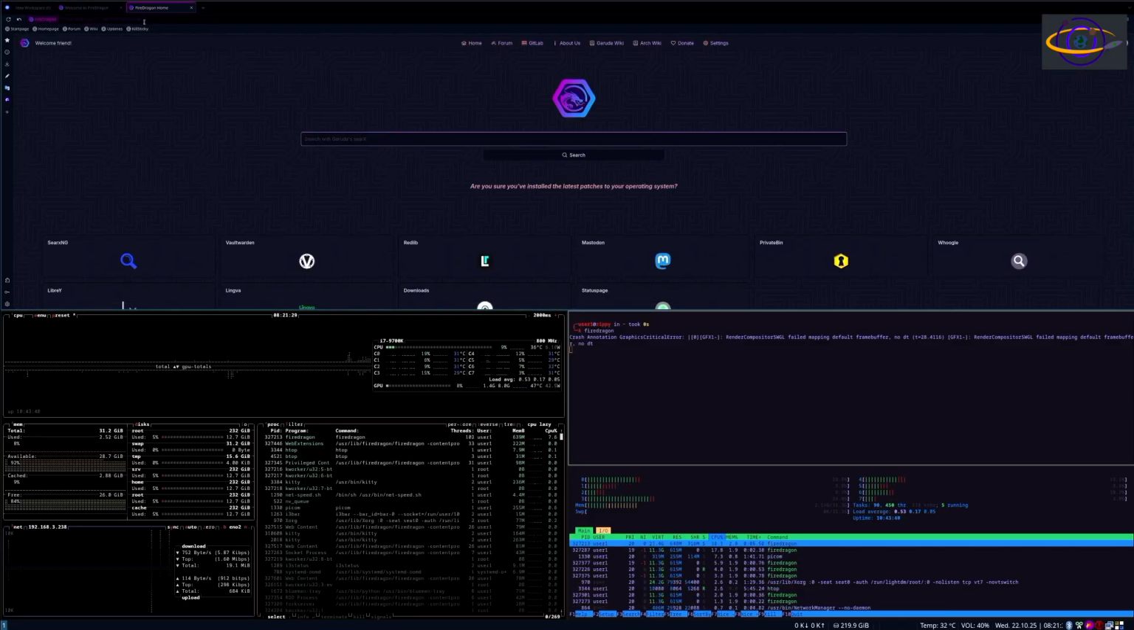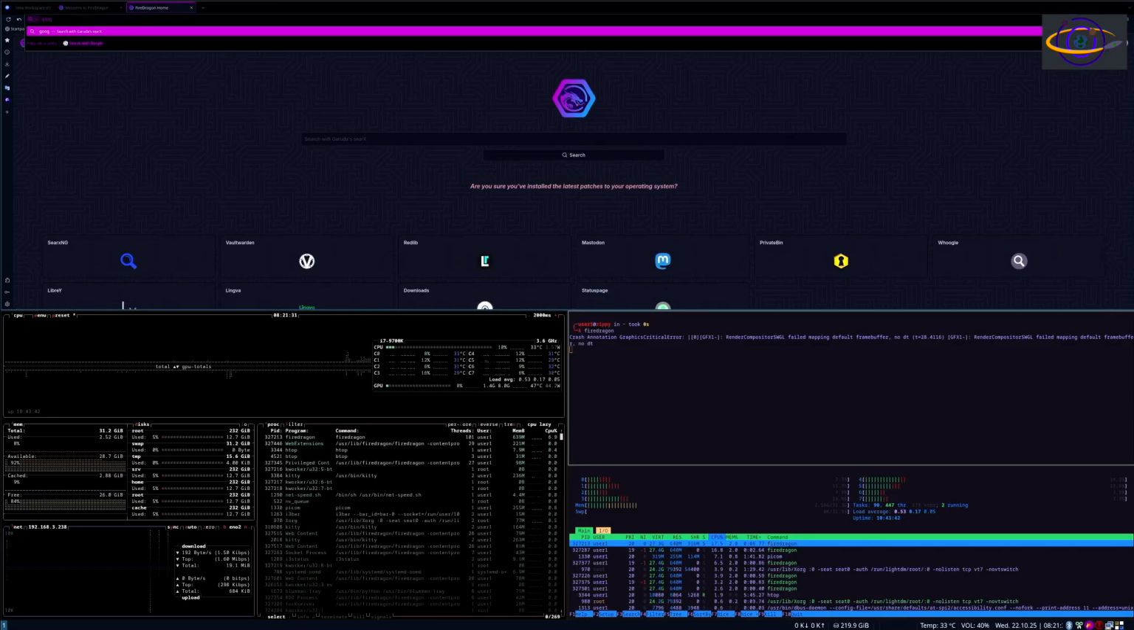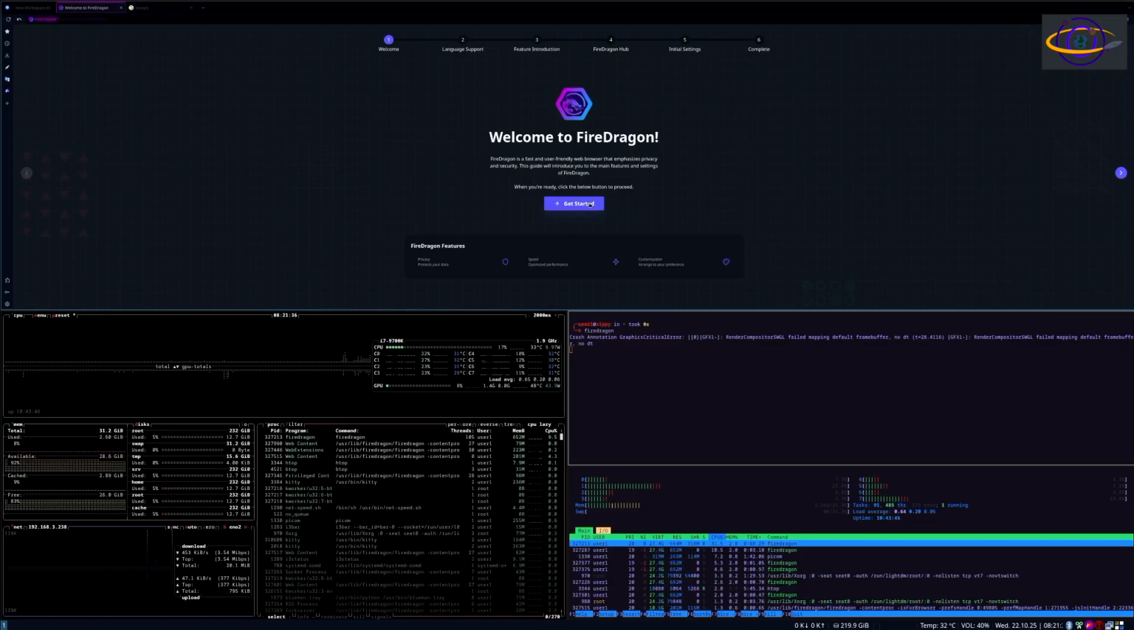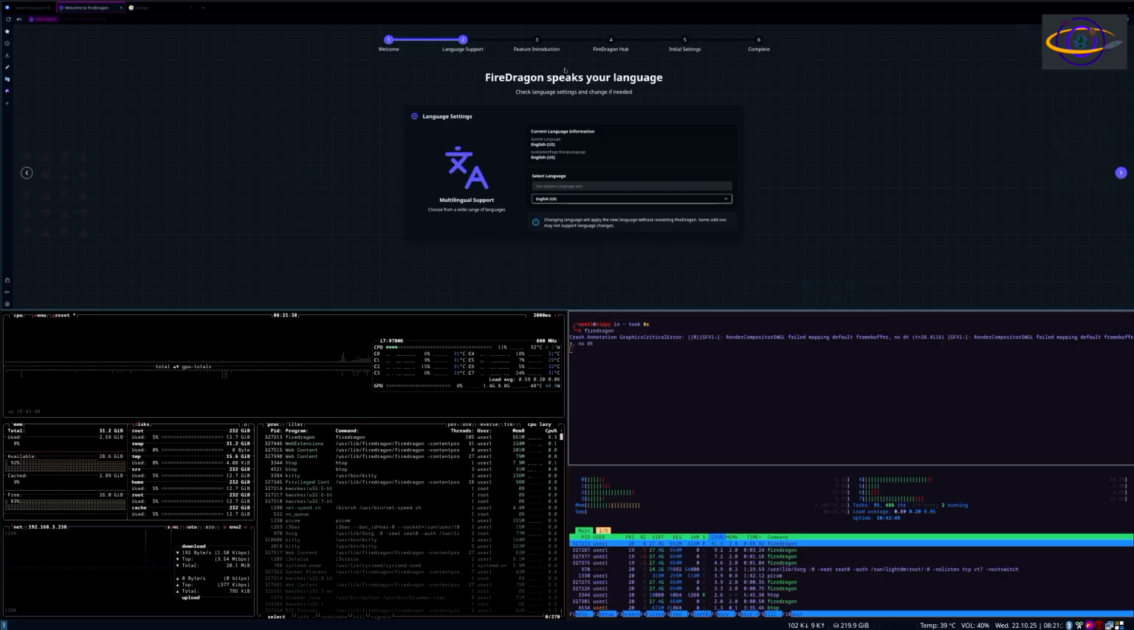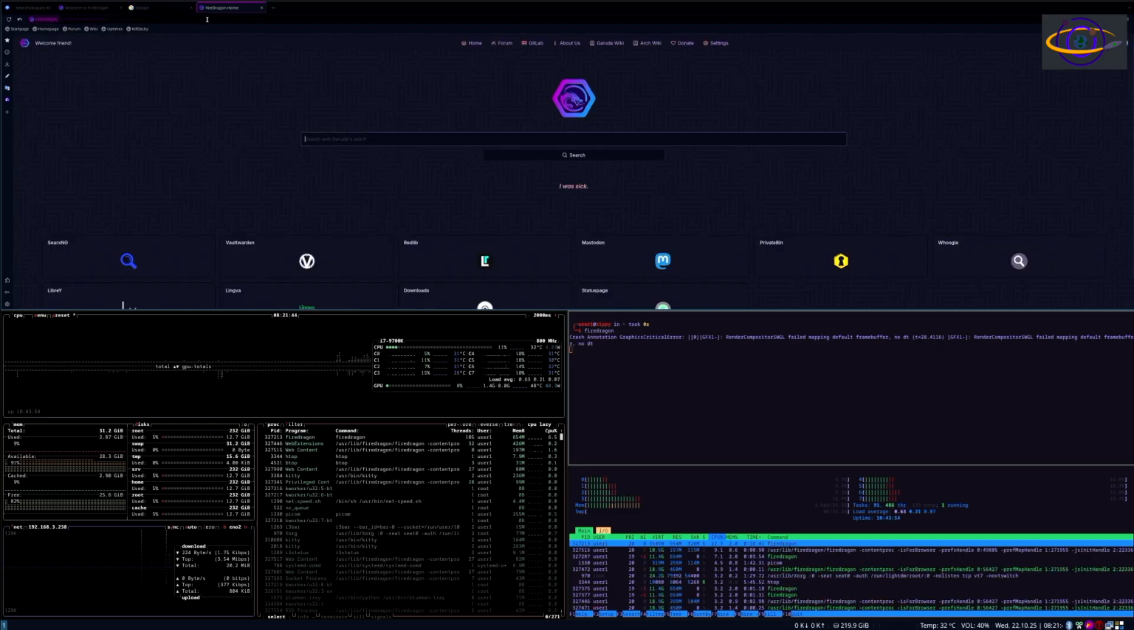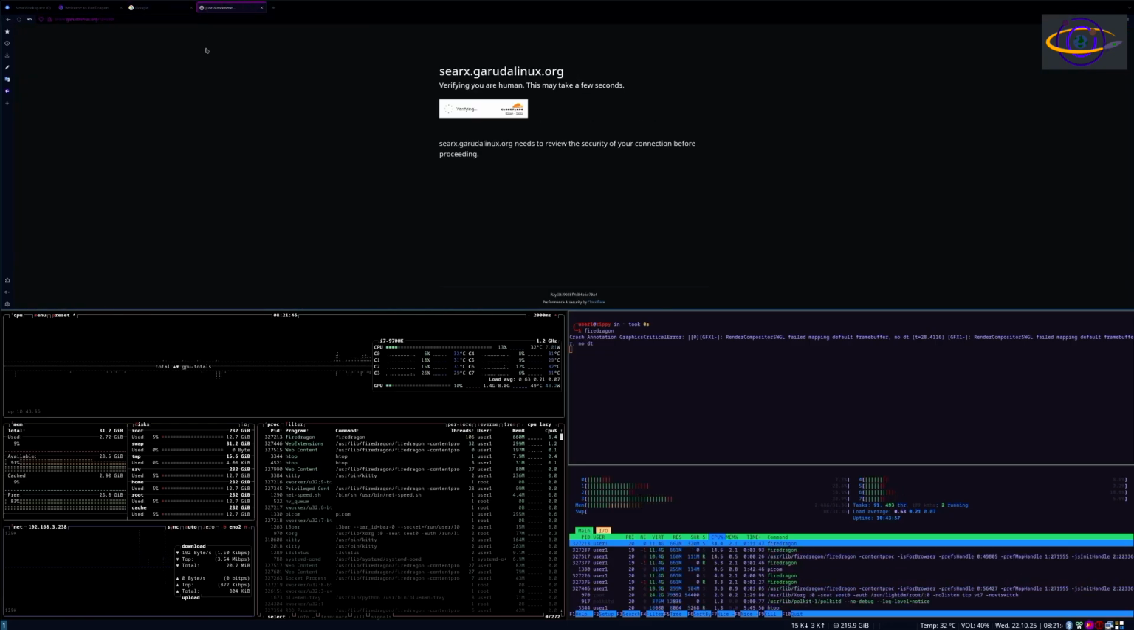You can go to... it gives you this default getting started thing. All right, anyways, we're not going to go through that today. So yeah, it gives you a browser. It also gives you a default search engine. So if you search for something, it brings you to